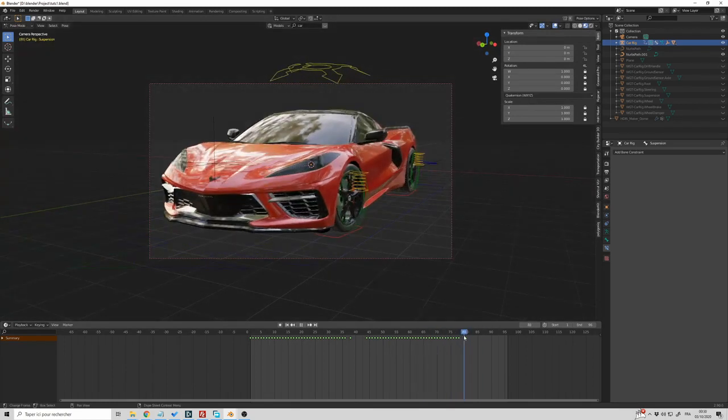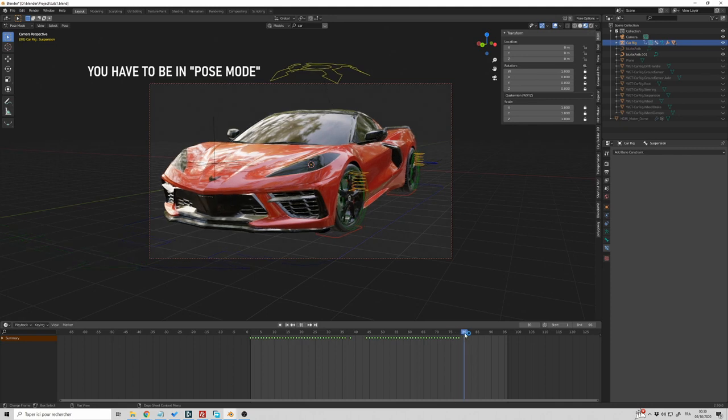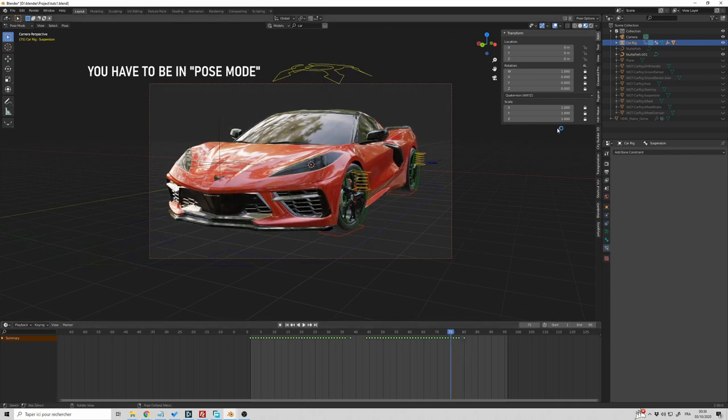So if I go back in camera mode, let me look at the animation again. Okay, so I think it's good if we start to move the suspension 5 frames before the stop, before the car stops. So I go on frame number 75 because I know that the car is stopping at frame 80. So at frame 75,